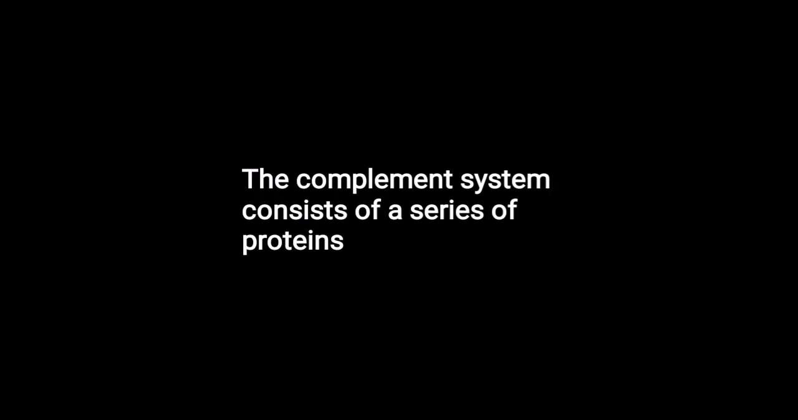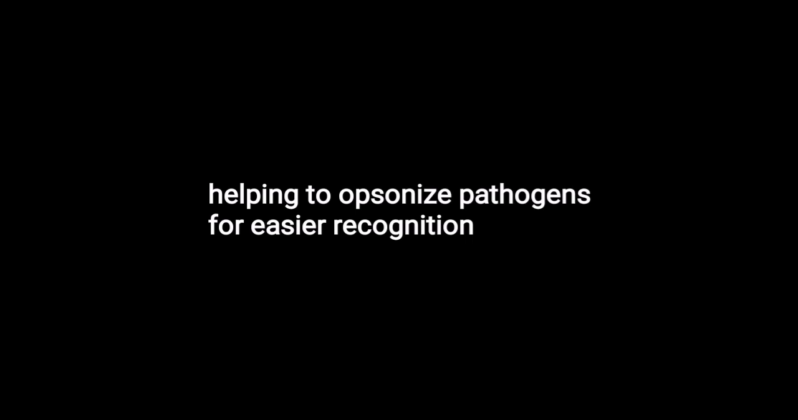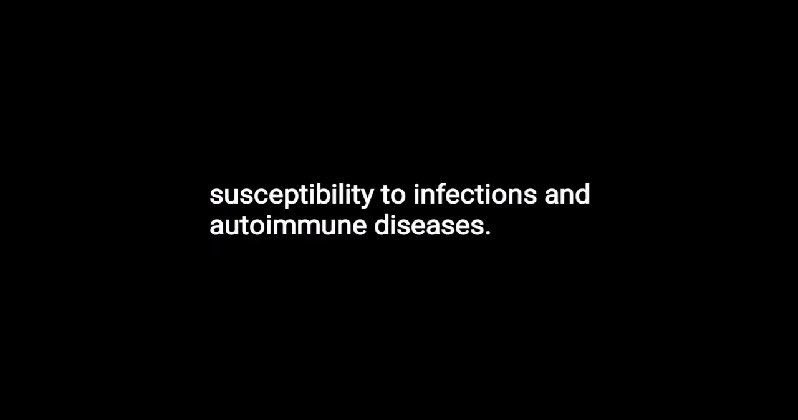The complement system consists of a series of proteins that work together to enhance the ability of antibodies and phagocytic cells to clear pathogens from the body. It plays a key role in innate immunity, helping to opsonize pathogens for easier recognition and destruction, promoting inflammation, and directly lysing microbial cells. Deficiencies in any component of this system can lead to increased susceptibility to infections and autoimmune